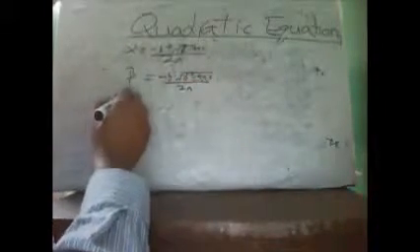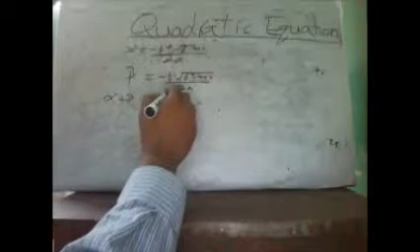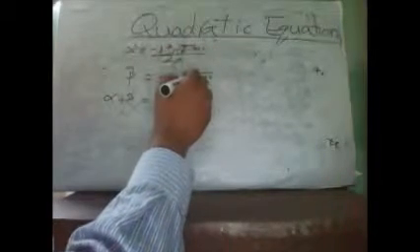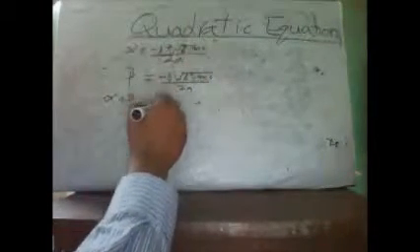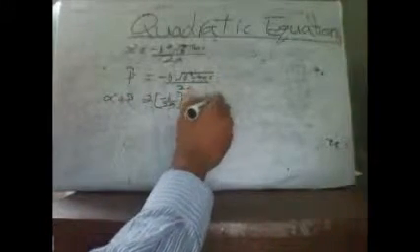If we add alpha plus beta, we would get minus b upon 2a, and this factor would cancel out each other, and it would become 2 times minus b by 2a, which would mean minus b by a. And alpha beta would become